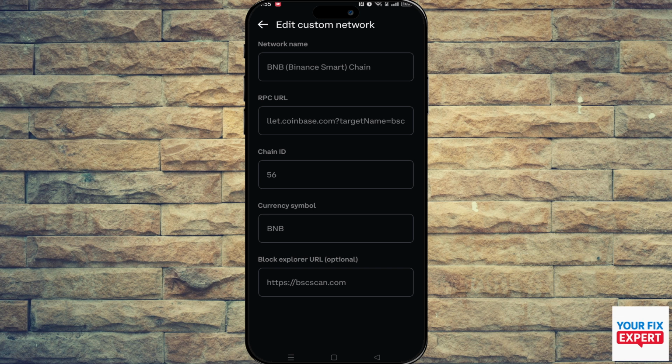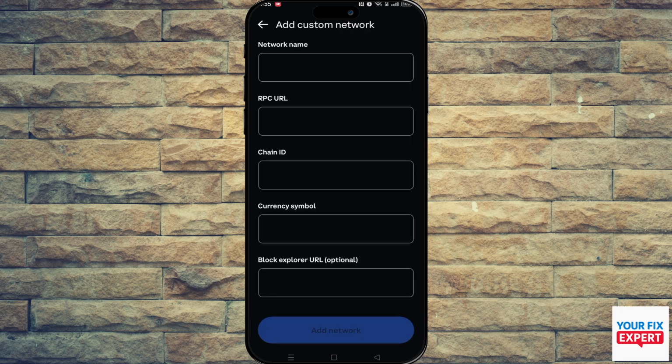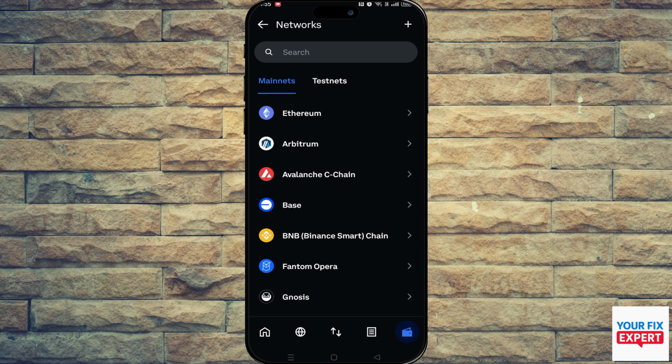The obvious reason that you would need BNB Smart Chain is if you're trying to send funds to Binance. BNB Smart Chain functions as a type of gas fee, so you need to have some of that. Not a lot, but you do need to have enough depending on your transaction. And that's all there is to it,